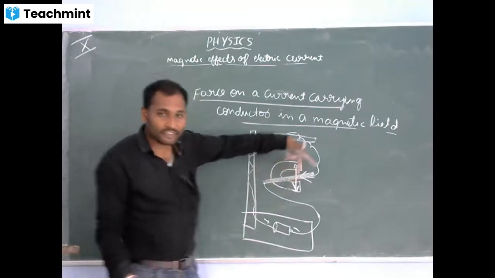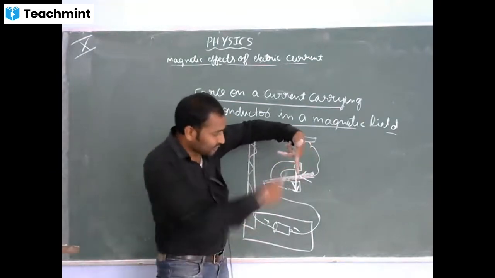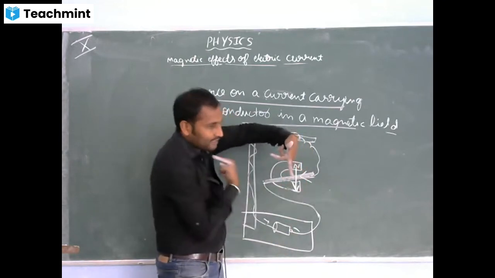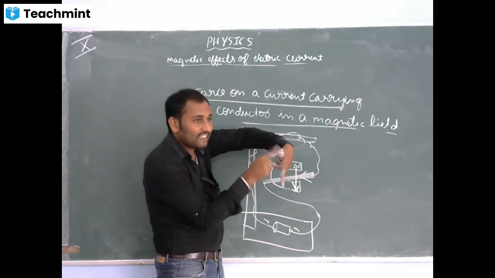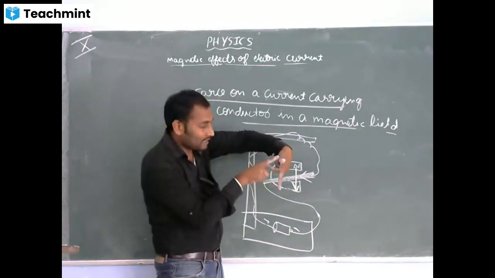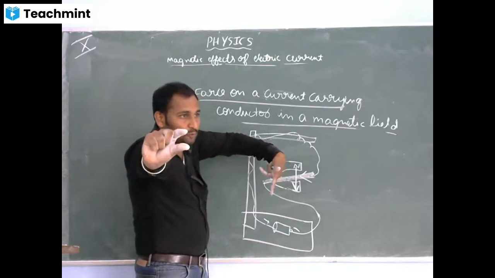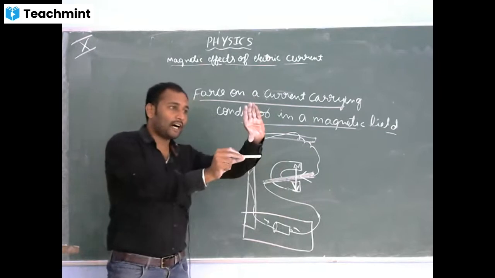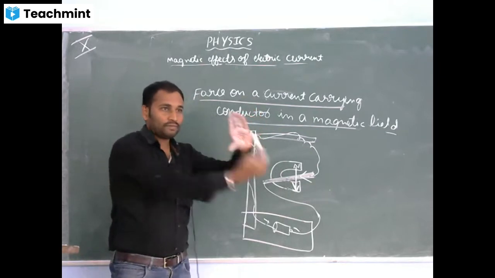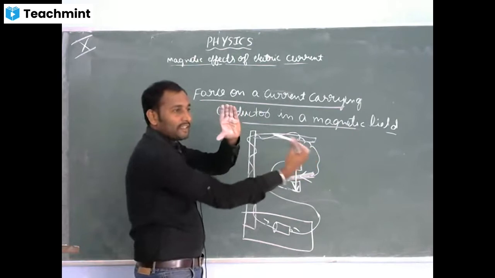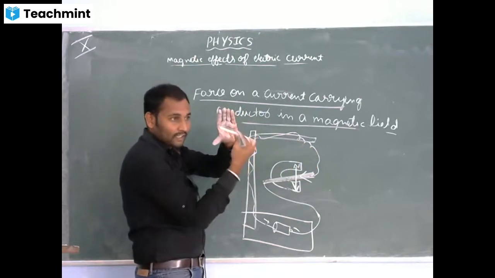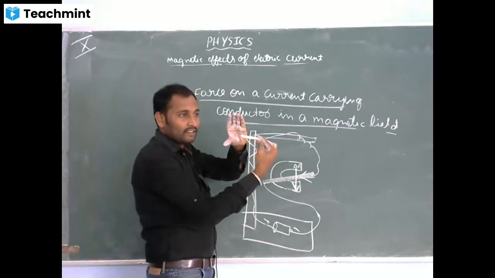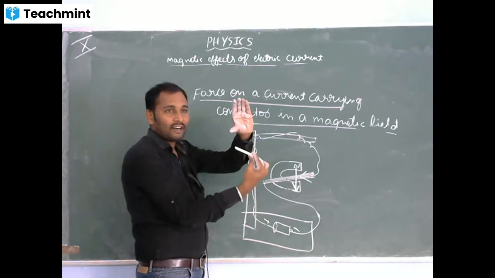Okay, let me show according to the figure. Direction of magnetic field is from up to down. Direction of electric current is from this side to this side. The motion of conductor will be given by the thumb. That means the conductor will move towards you. Clear? See, this is the conductor, this is the arc magnet. So now the current is flowing like this, so the conductor will move towards this. Clear?